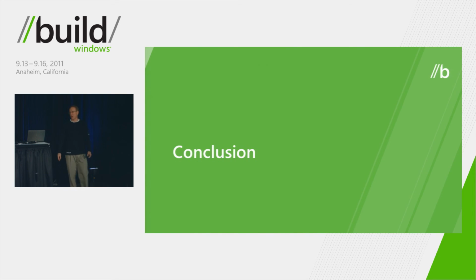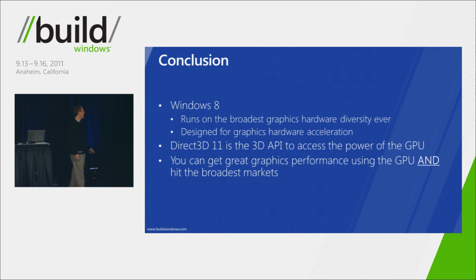So let's recap. Where are we? We've gone through a lot of stuff here. Windows 8 has probably the broadest scope of hardware that we've ever seen in terms of the diversity of GPUs and the diversity of form factors. And so we've designed from the ground up, from the very beginning of Windows 8, to be graphics hardware accelerated. A lot of these techniques that we've shown you today, we're using in the operating system to get the performance at all different levels within the operating system. We've really designed to take advantage of the hardware that's there, and we really tailor the experience so that we can actually run on 9 hardware and 10 hardware and 11 hardware